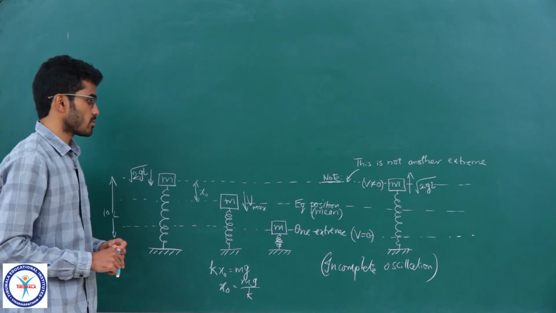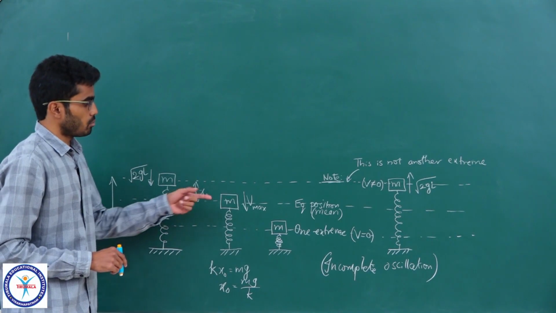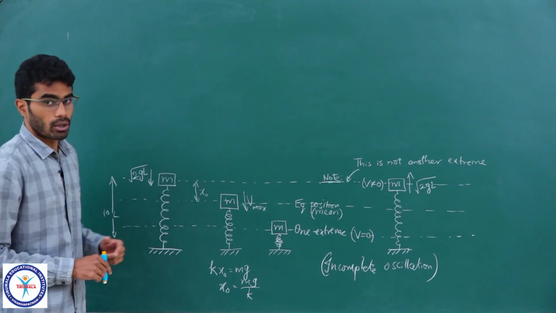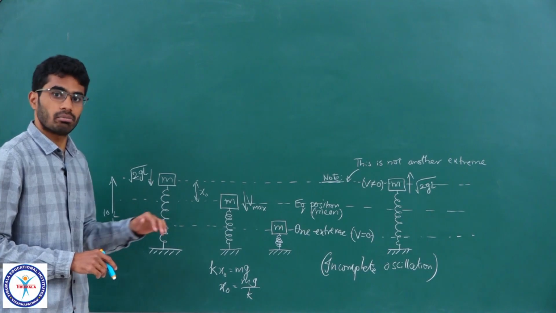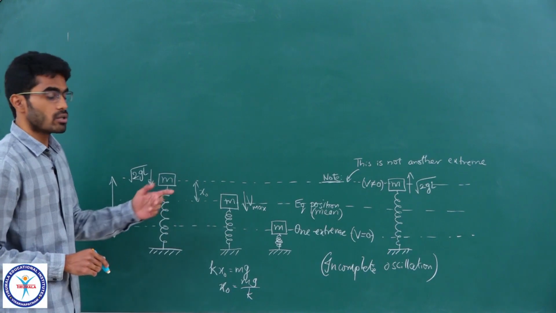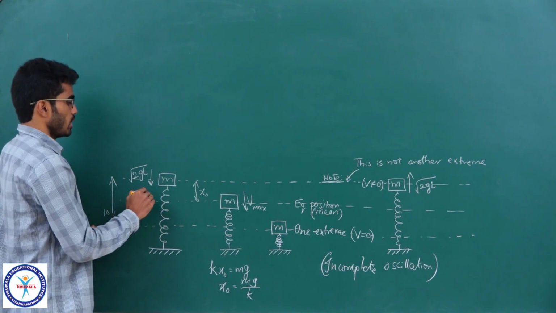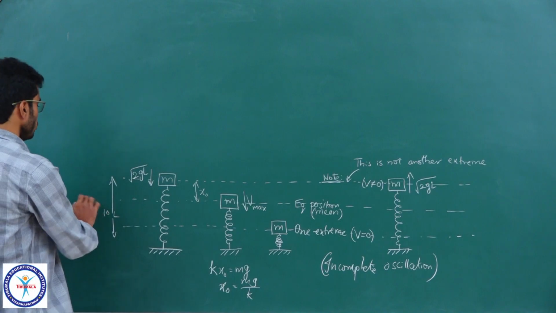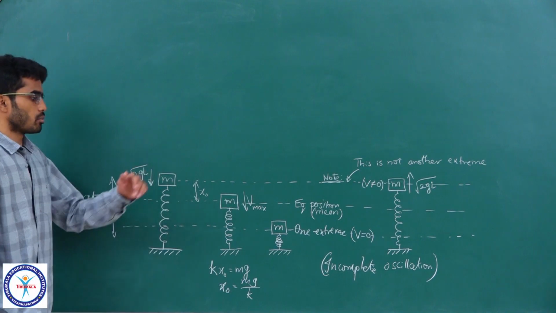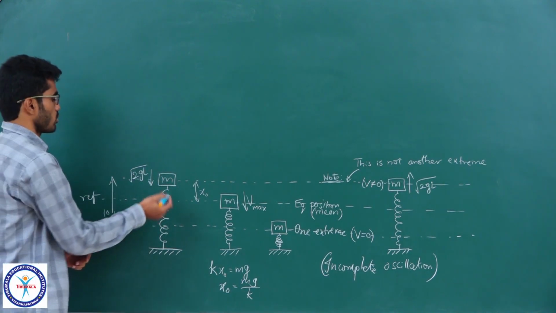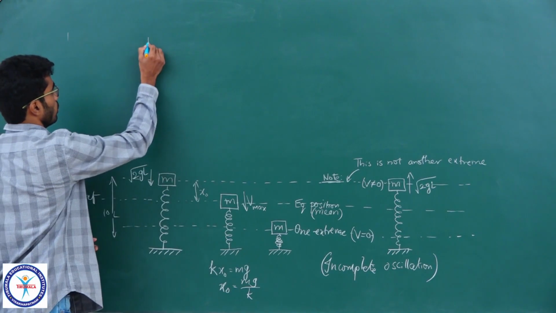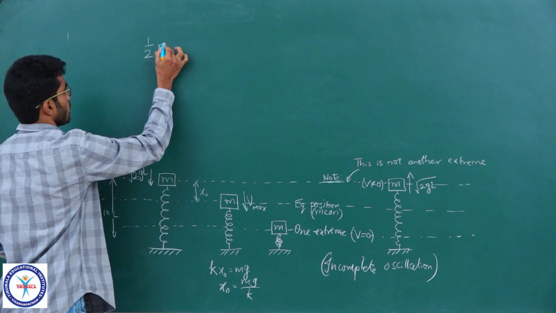Now, the second question is we have to calculate the maximum speed V max. As it is coming down, we have to calculate the maximum speed it can possess. So, that is obtained at this level. So, by using energy conservation we can do that. Let us take the equilibrium position level as our reference level. So, let us write the energy of the body. From this scenario, the block has a kinetic energy half mv square.